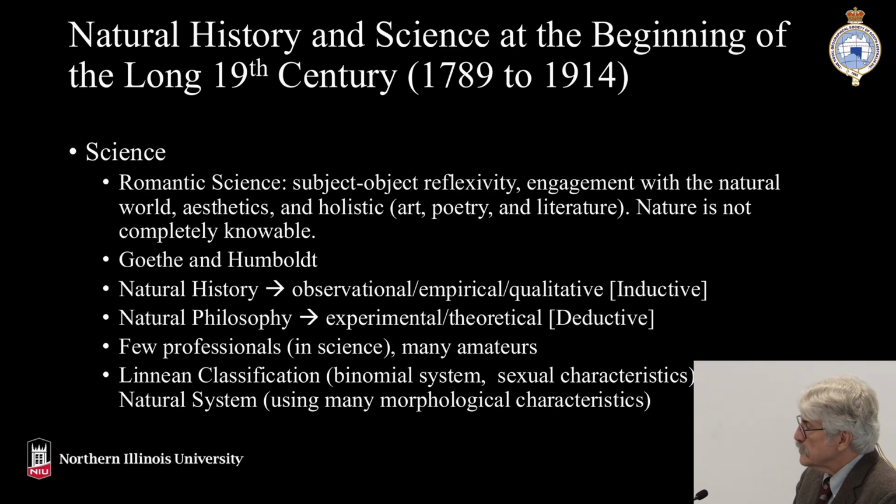And then, okay, let's take another look at natural history. It's observational, empirical, basically qualitative in nature. You're describing things, you're categorizing things. But it's also part of the inductive process in the scientific wheel, basically. And then we have natural philosophy at that time, what we think of as science today. The word scientist didn't come about until a little bit later in the 19th century. Anyway, this is where we get our classical ideas about science, like experimental, theoretical, and from that we can predict, right? It's deductive, okay?